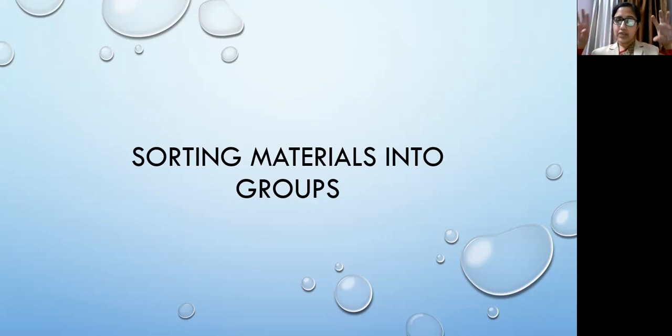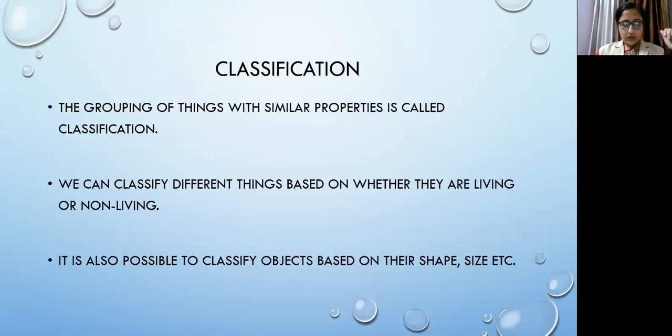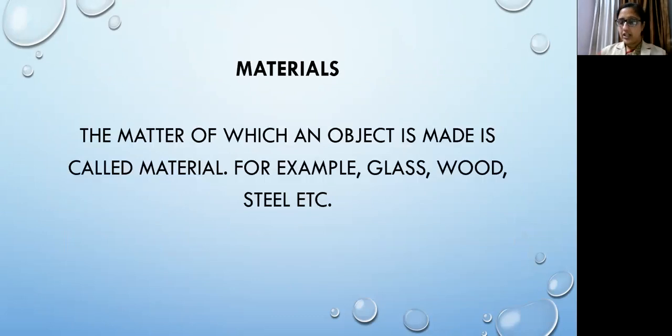So here we have made two broad groups. One is of living things and another one is of non-living things. This type of arrangement is called sorting. Fine, sorting materials into groups. Now see this, what is the need of this sorting? What is the need to divide non-living things and living things, or to say this thing is made of wood, this is made of steel, this is plastic? What is the need of all this? Why are we doing this?